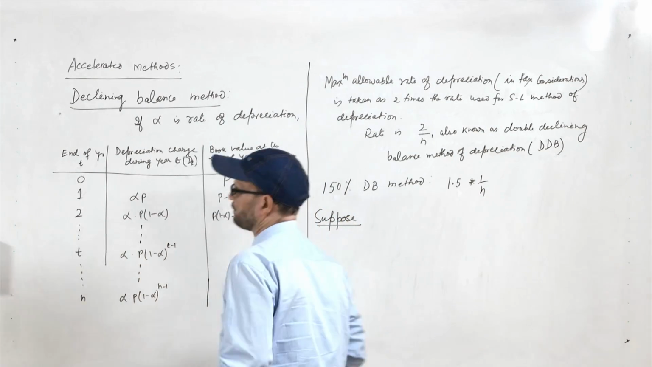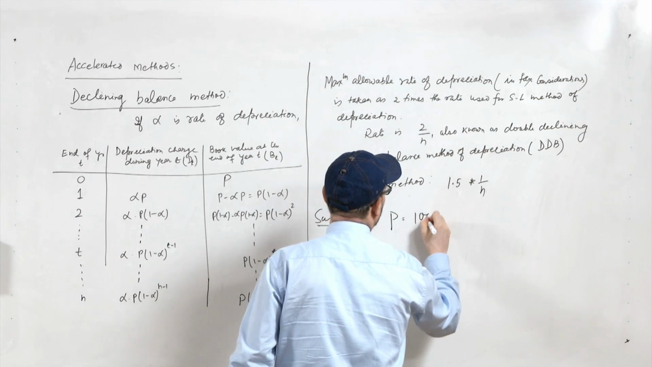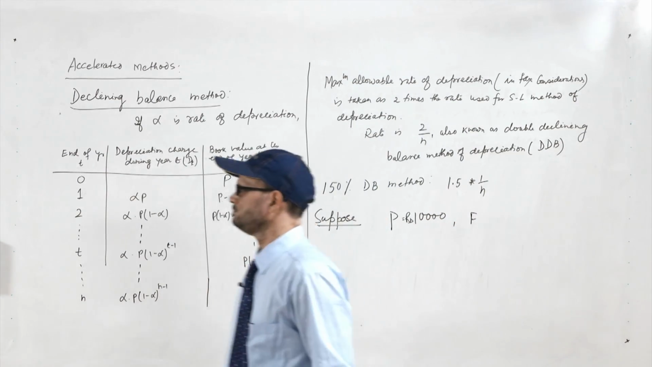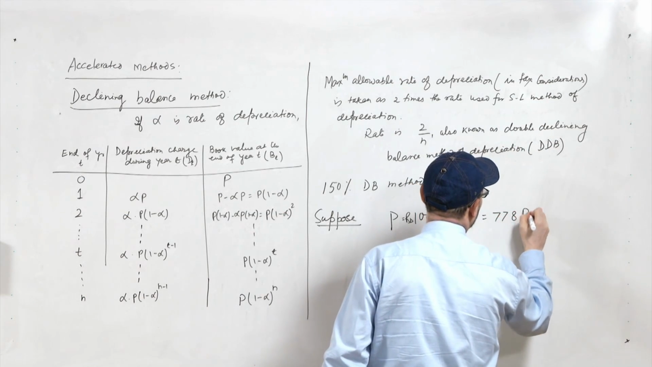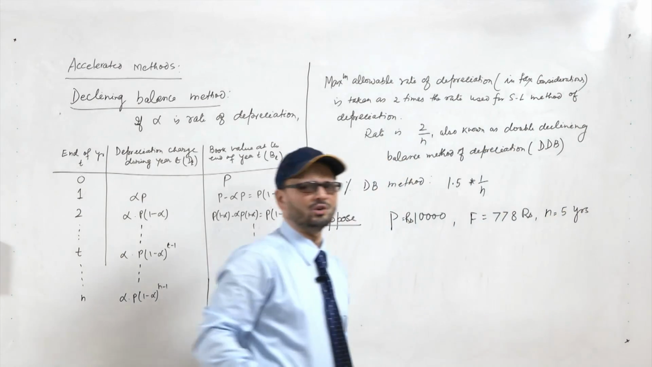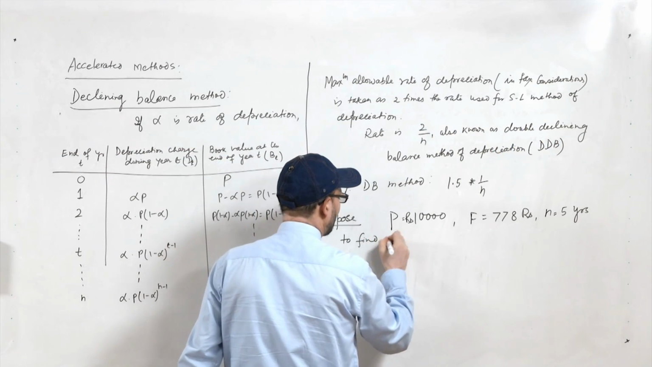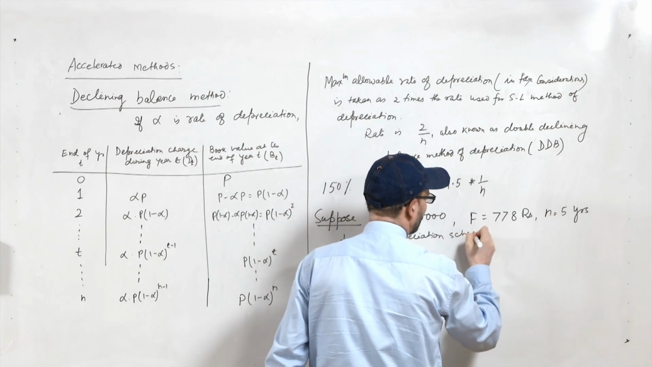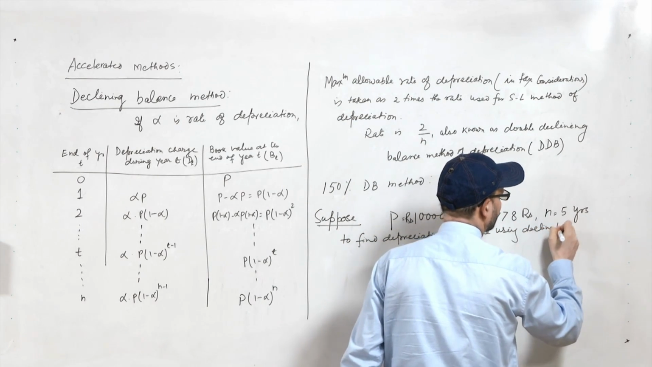we deal with a problem where you have P as 10,000 rupees, F as 778 rupees, N as 5 years. So, if you are told to find the depreciation schedule using declining balance method,